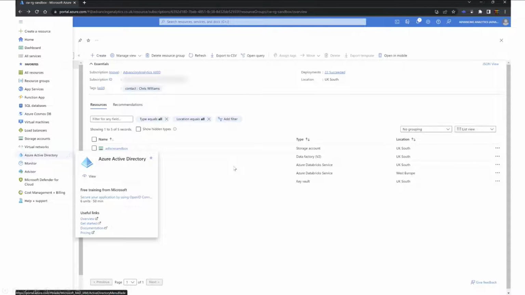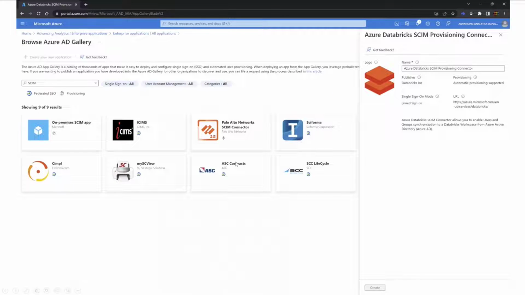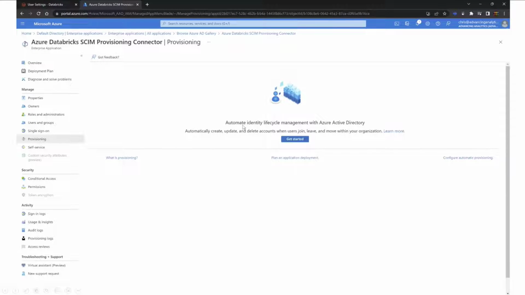To start provisioning a SCIM application, we're going to go to Active Directory from the toolbar on the left. From Enterprise Applications, we're going to select a new application. From there, we're going to choose an Azure Databricks SCIM provisioning connector, which will pop up if you search from the gallery. Once it's been provisioned, we've got our application there, and then we need to initiate the provisioning. You can select that from Provisioning on the toolbar on the left, but before